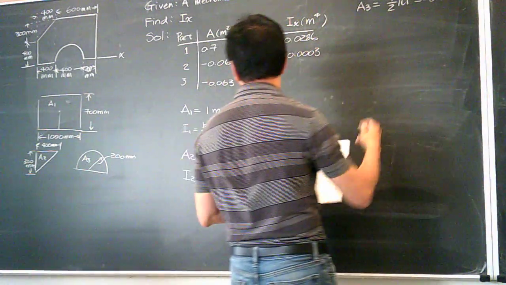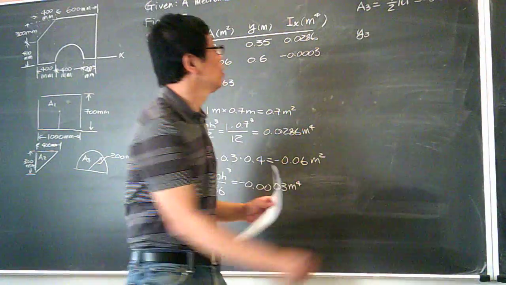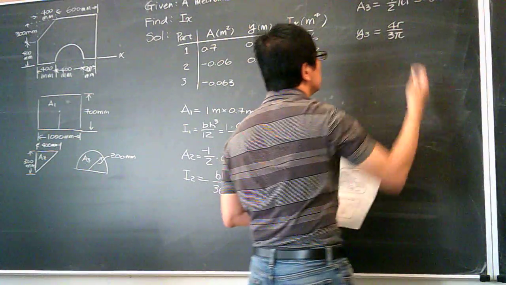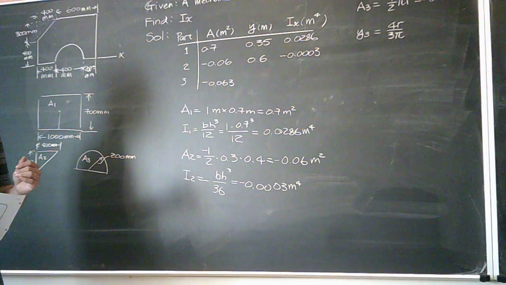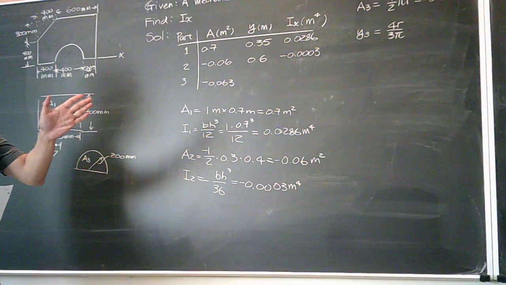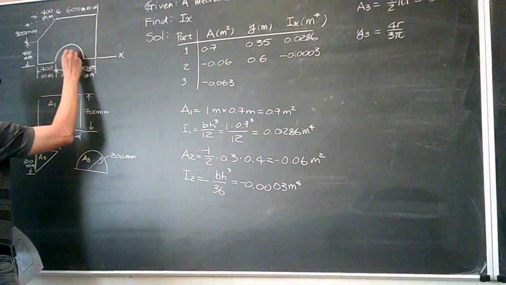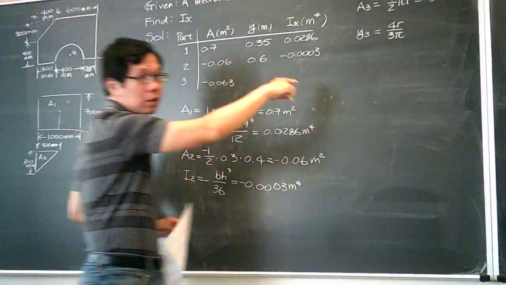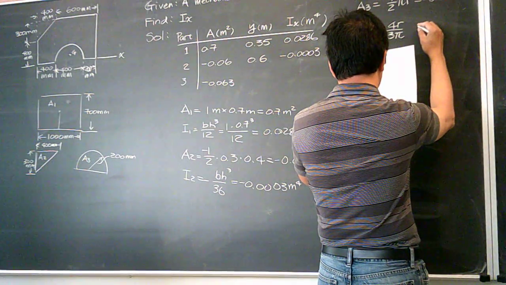Then I need to find y. Based on the definition, it's 4r over 3 pi. Do I need to shift this number to any other location, or can I just use that one? I can just use that one, right? Because now this is at the bottom, so over here is calculated from the formula, correct? So if you do the calculation, you're going to find this one is